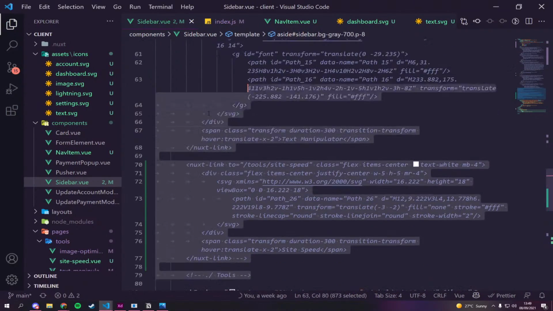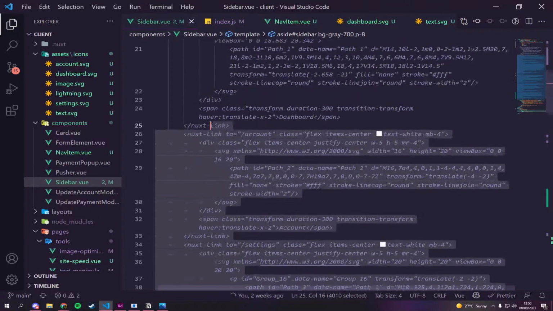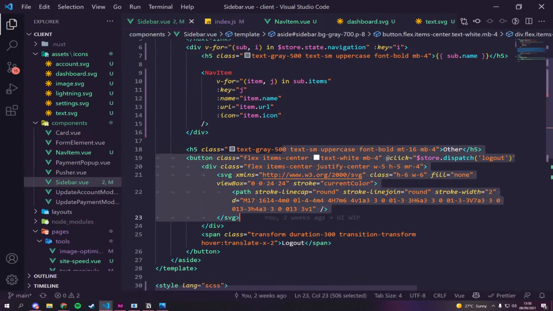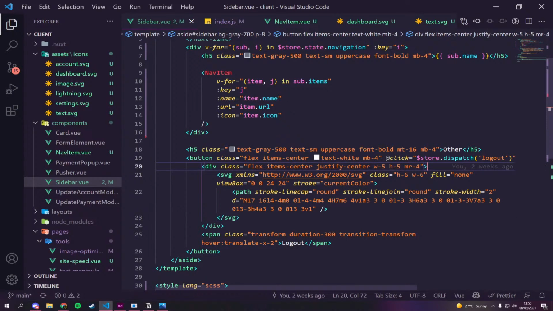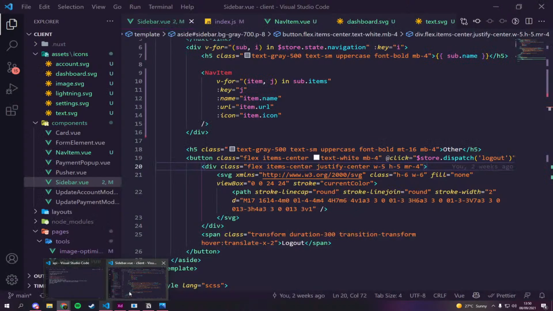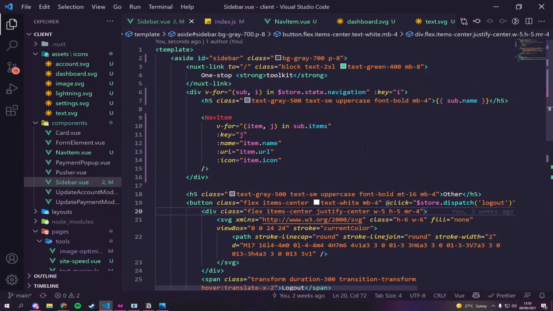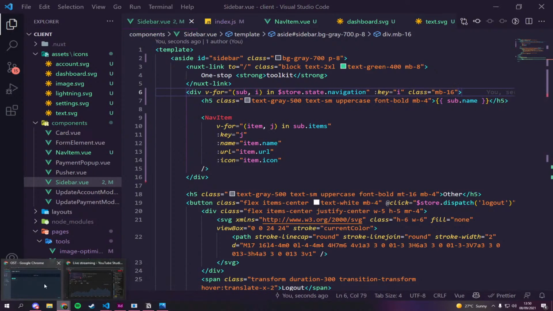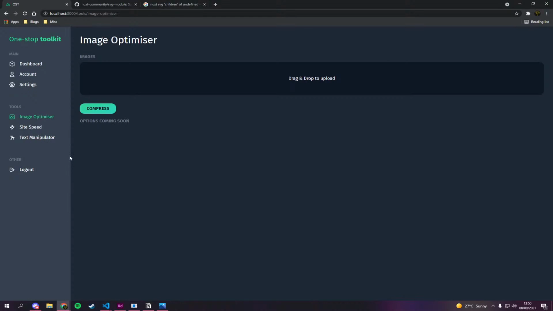I think we can remove these now. God, this was a mess. I might even get this working. I might even add functions you can add in, which would be nice. Let's have a look. So there we go. Refresh. Oh, and we're missing MT16. MB16. Boom, there we go. That works.